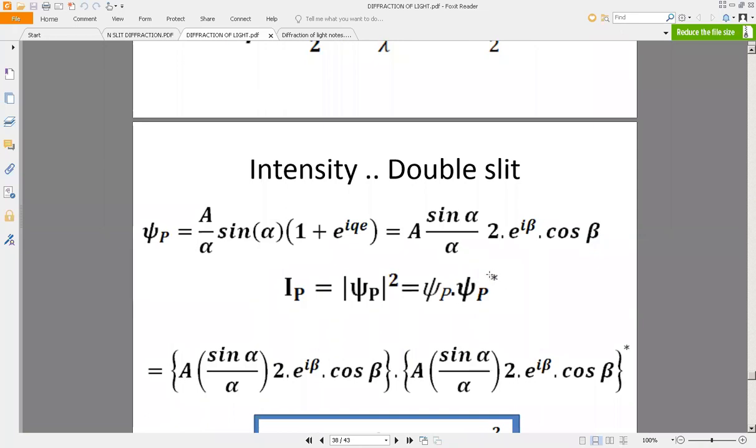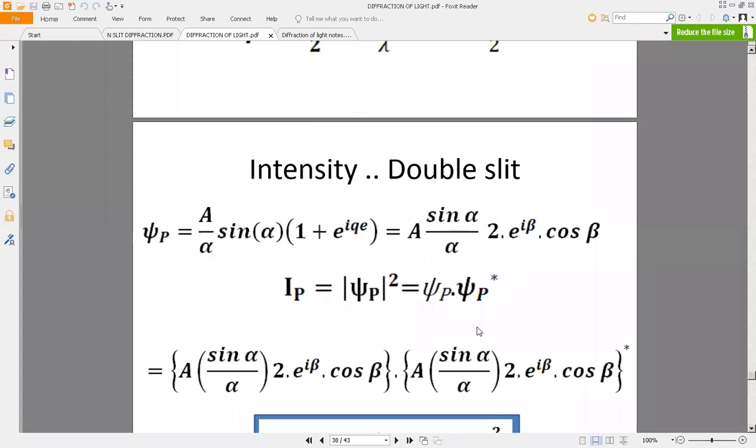For single slit. But please appreciate here that if you take the square, you are not going to get the correct answer. You are not going to get the real quantity for intensity. Please remember, intensity is a real quantity. Real means you can feel it. If I give you a slap, you can feel the pain. That is a real quantity. It cannot be complex, right? Just like that, intensity is also a tapping done by light ray. So it is a real quantity. So it cannot be complex.